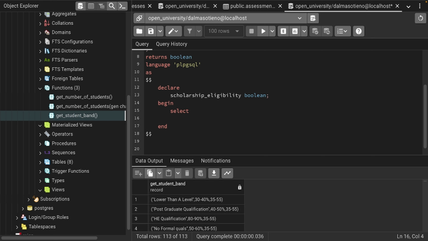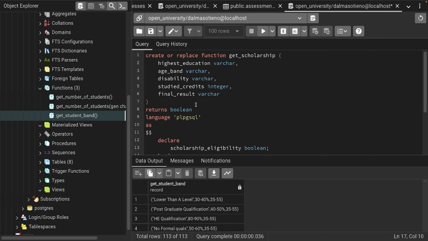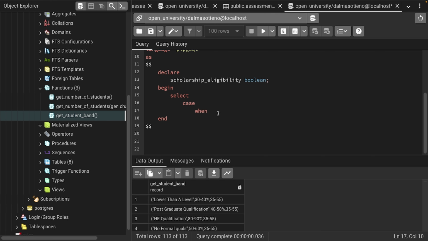So select case when we start with the final result. So if final result is a distinction, so we want students who have distinctions to be eligible. So if it is a distinction and your highest education is A level or equivalent,